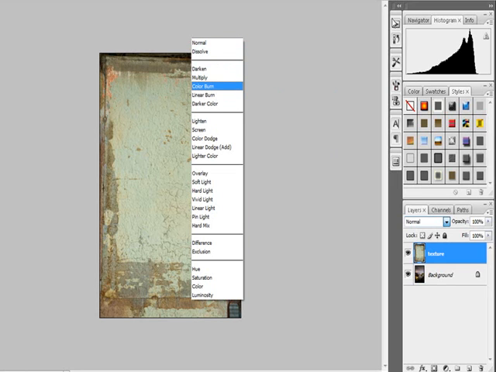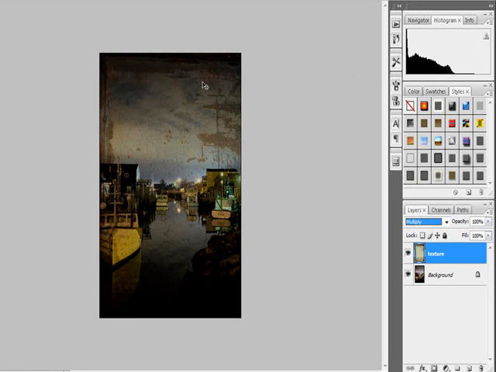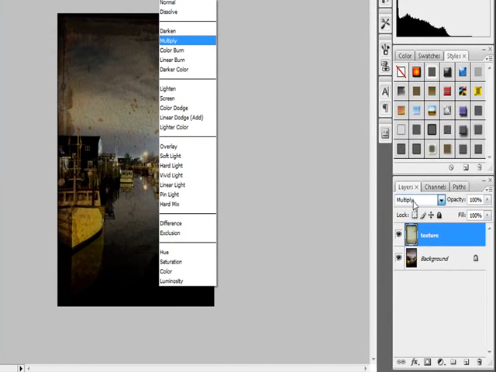Now mine should be over here, so I'm not sure why it's over in the middle of my photo, but simply select, for example, multiply. You'll notice now the effect this has on your photo. You can experiment